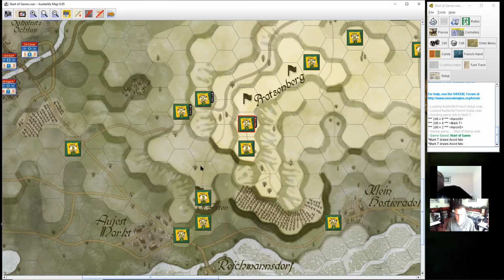Right, that concludes your first corps. I won't mark it as activated because we're not doing the usual activation system in this first turn. It's a very special turn. They've got the little moved markers on them, so we know they've moved. So your next automatic activation is